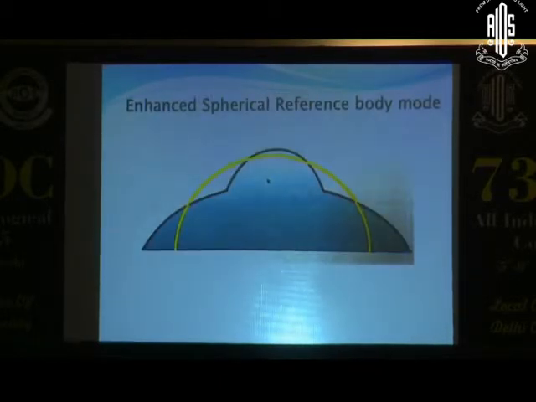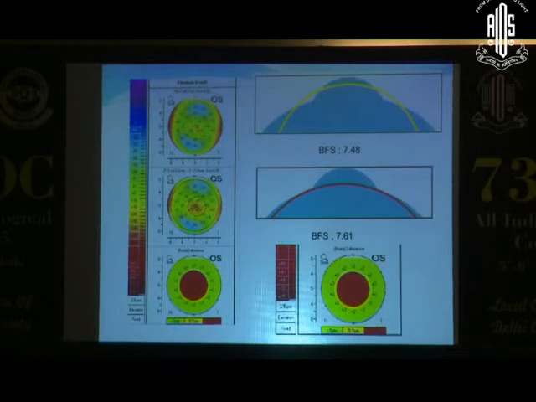So we've already understood the concept of a best fit sphere. It's simply saying you measure all the points on the cornea and then you find one value which helps to equal out all the depressions and elevations. What is an enhanced best fit sphere? In addition to this best fit sphere, you may miss out a localized area of ectasia only because you're averaging out all the values. The enhanced best fit sphere assumes that 3.5 millimeters around the central thinnest point in the cornea is excluded, and then you retake the best fit sphere.